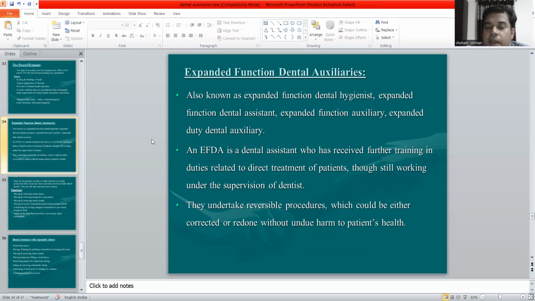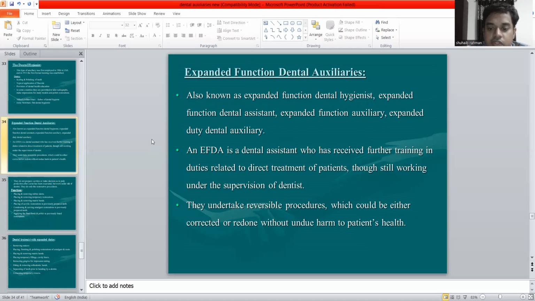That means the first classification, which I have seen, is non-operating auxiliaries, but by giving them certain training, they can be given the patient. Previously in our country, there was a provision for that. When an assistant was trained enough, they used to give certificates as a B grade dentist. Now it's not legal. IDA and DCI have opposed it drastically.